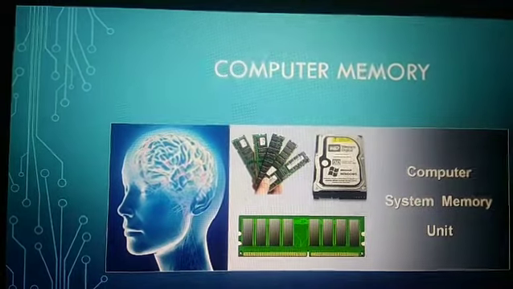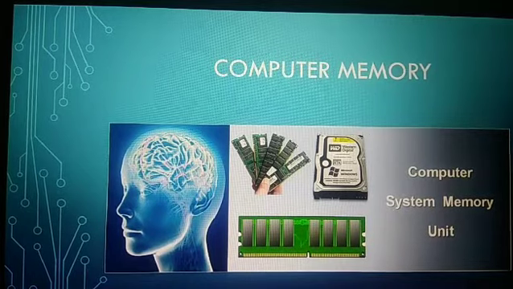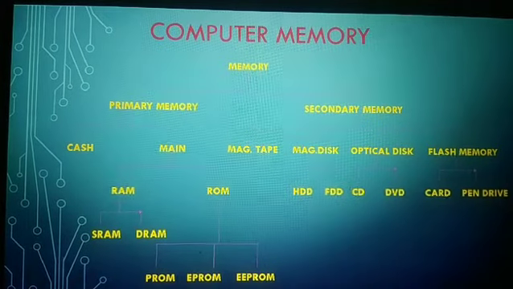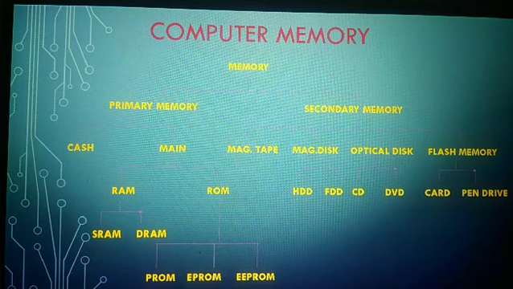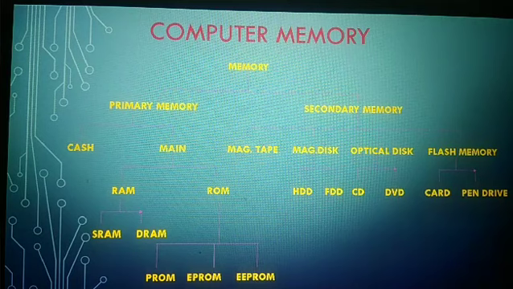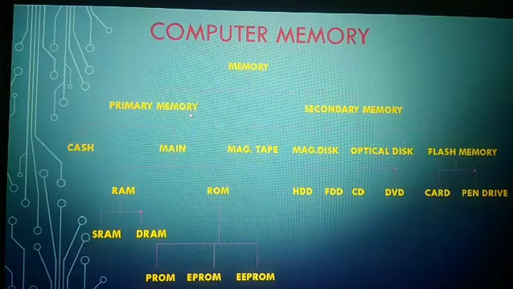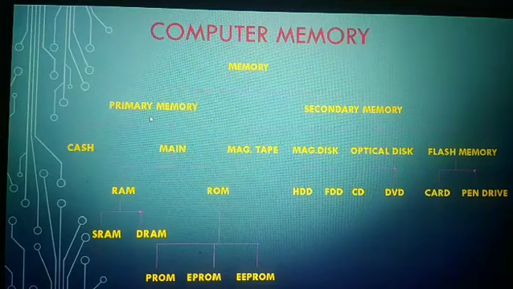But nowadays we use different types of memory, so I made a hierarchy of memory devices. So today we will know about these devices. You can see here in this slide, here is showing the hierarchy of computer memory. Okay, so we divide memory in two parts. Our first memory is primary memory, and you can also say it's an internal memory, and another one is secondary memory, and also we can say external memory. Is it clear? So first we will see what is primary memory.